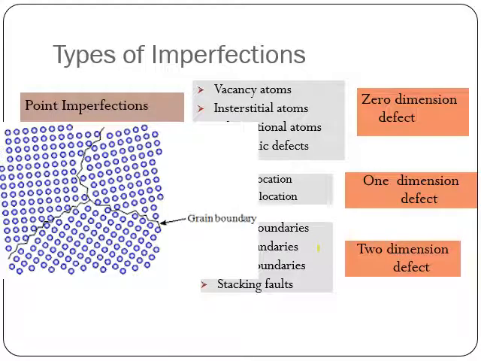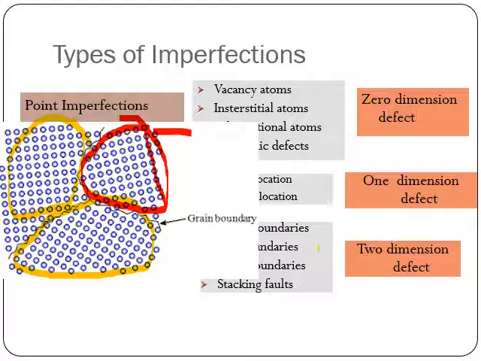Whenever we move away from an atom, first we talked about only one atom, next we talked about a line of atoms, and now we are talking about a group of atoms. This is what I call a grain. This is one grain, this is one more grain, and this is one more grain. You can see here the orientation of the grains is different. They are not oriented in a single direction.